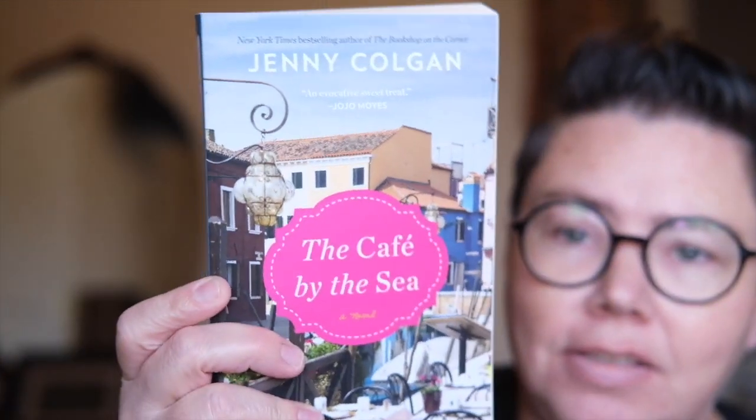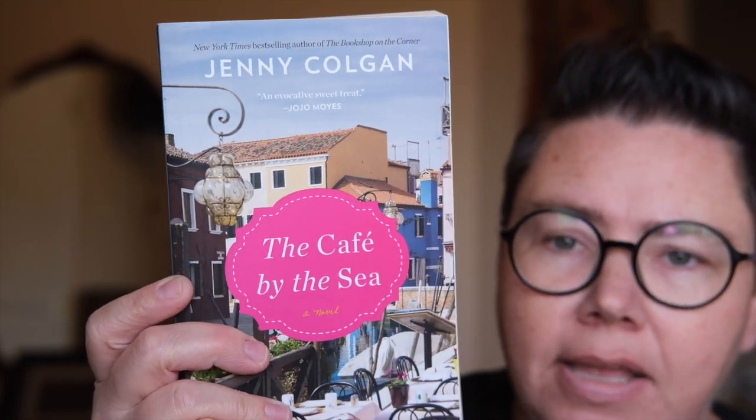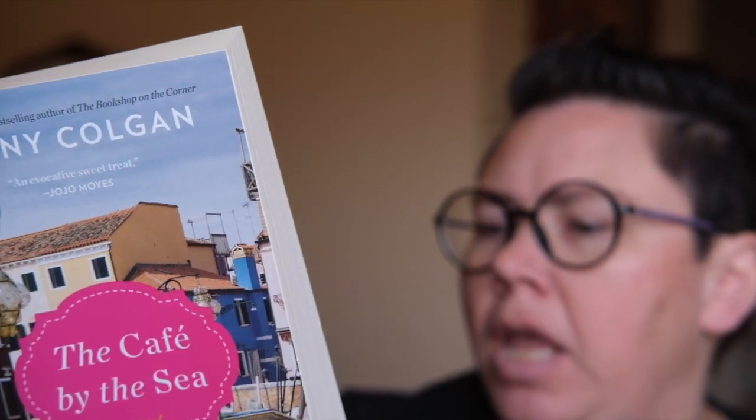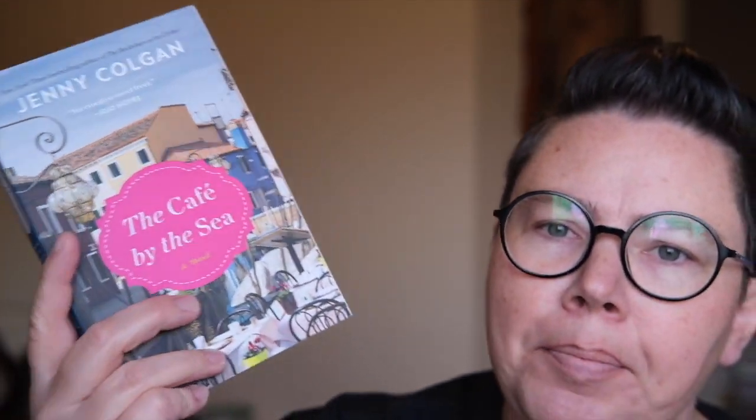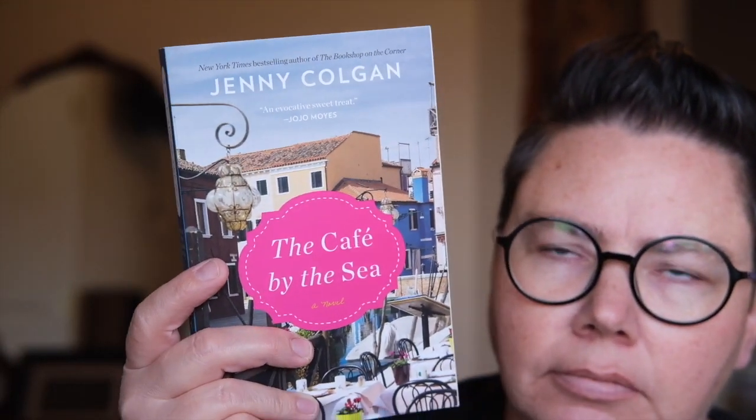And the 6th prompt was an adult book where romance had to be at least part of the story. And I went to Jenny Colgan's books because I love, love, love her books. They're all set in Scotland. She is Scottish. She writes the most cozy, warm, beautiful love stories, and there are several that are set around bookshops and things. So I mean, I just love her. I don't know why I can't come up with good words, but this is The Cafe